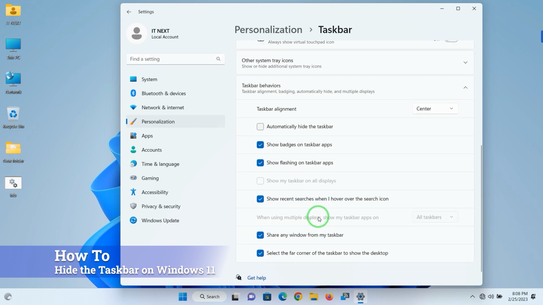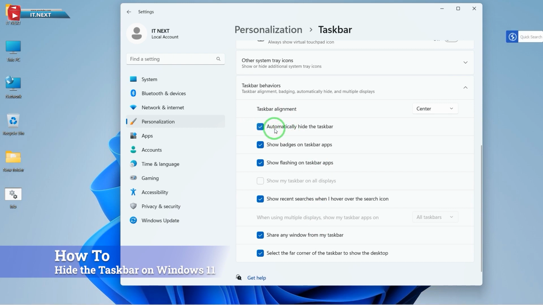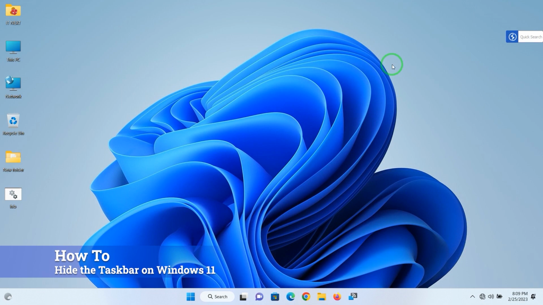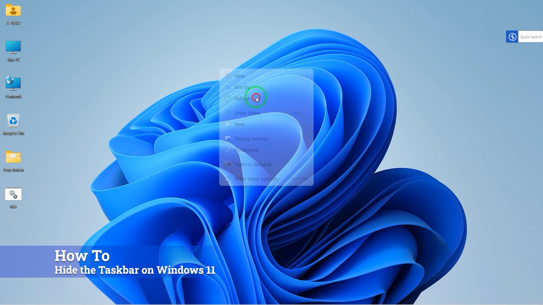Now move down here. To hide the taskbar, all you have to do is check the Automatically Hide the Taskbar box. Done. Now here you will see the taskbar